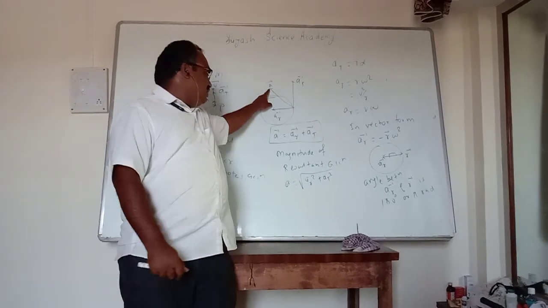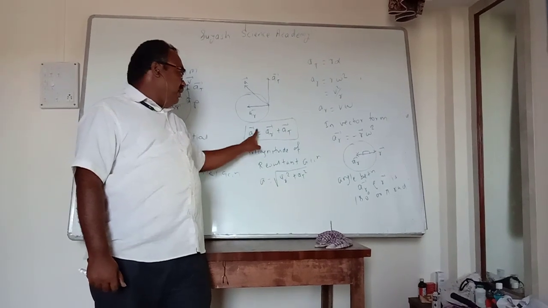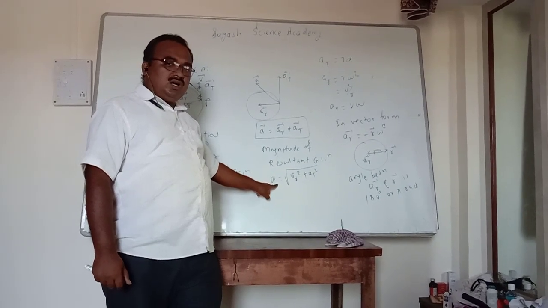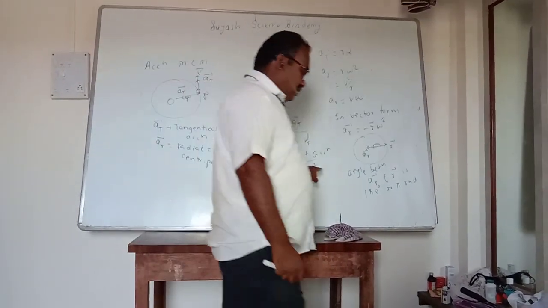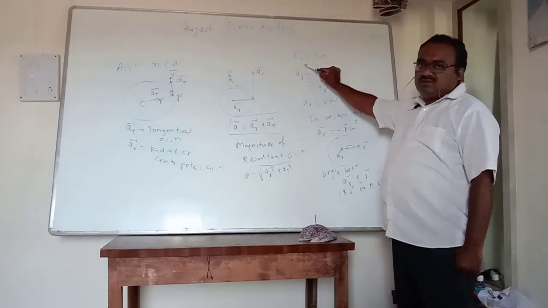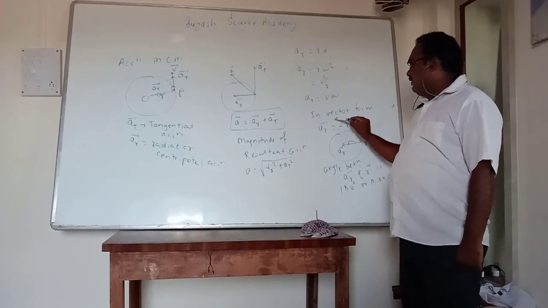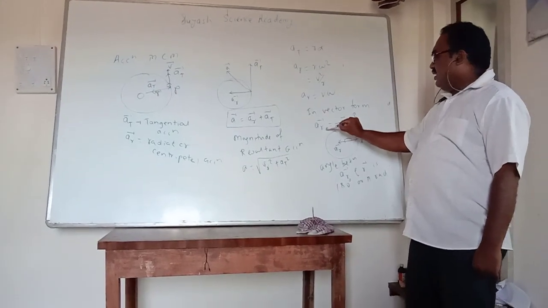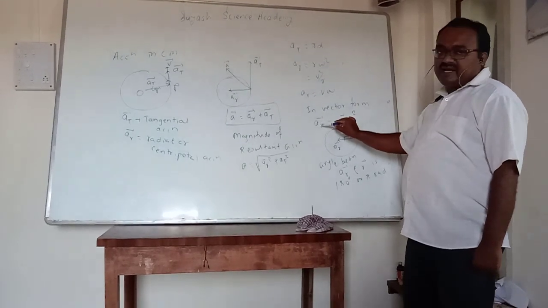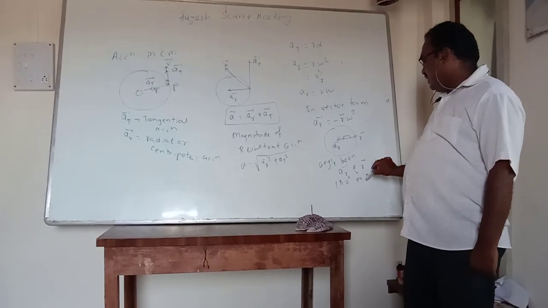The resultant acceleration A bar is given by the parallelogram law: A bar equals AR bar plus AT bar. The magnitude of the resultant acceleration is A equal to the square root of AR square plus AT square. You have to note down all these formulas. Tangential acceleration equals r alpha, radial acceleration equals r omega square, v square by r, or v omega. In vector form, centripetal acceleration is AR bar equal to minus r bar into omega square. The negative sign shows that the directions of AR bar and R bar are opposite, and the angle between them is 180 degree or pi radian.